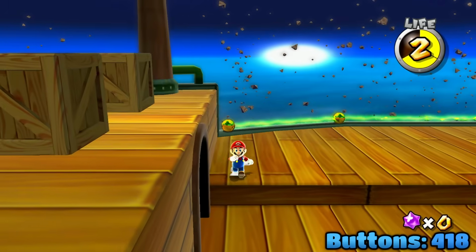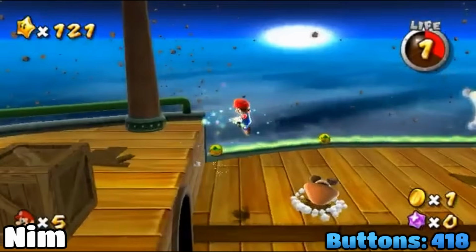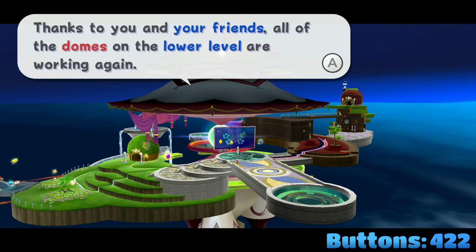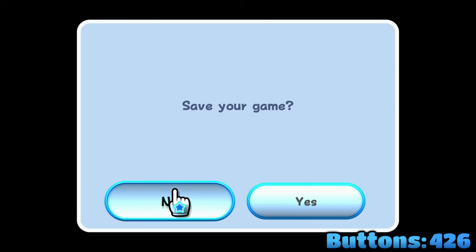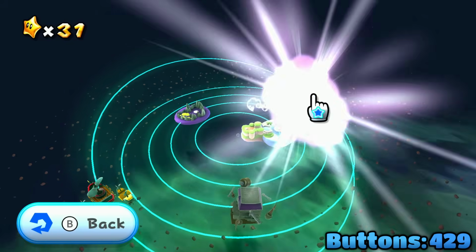Once he's defeated, we mid-air spin to get up to here, spin a box to reveal a hidden Goomba, and then spin them off before bouncing on their head to land on the Grand Star. Skip the breakdown with 4 A presses, skip Rosalina's dialogue with 4 more A presses, and then select No. We make our way back up to the kitchen dome, use the pull star, unlock the Buoy Base Galaxy, select